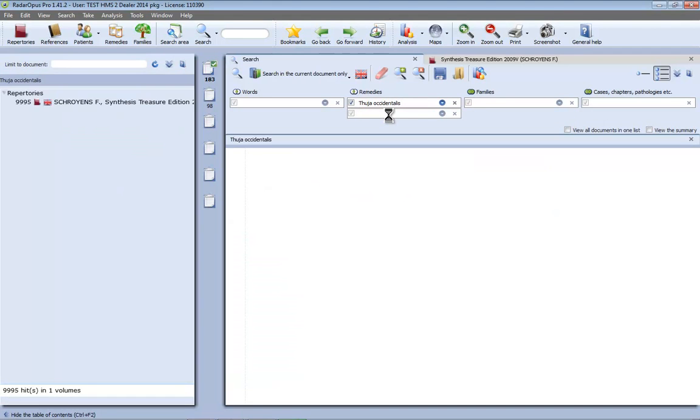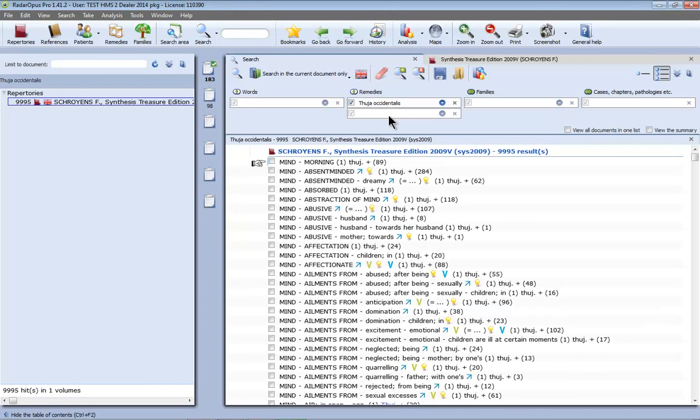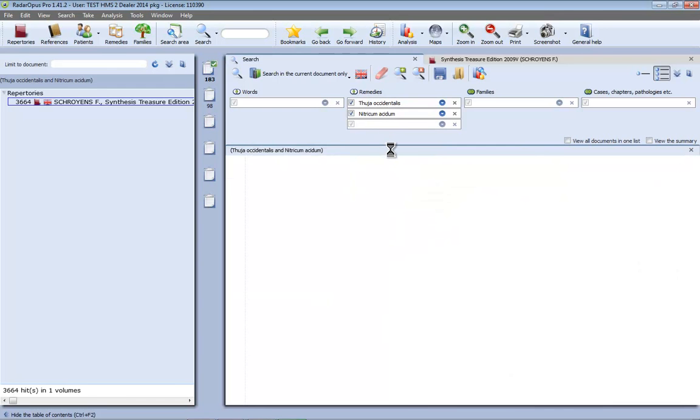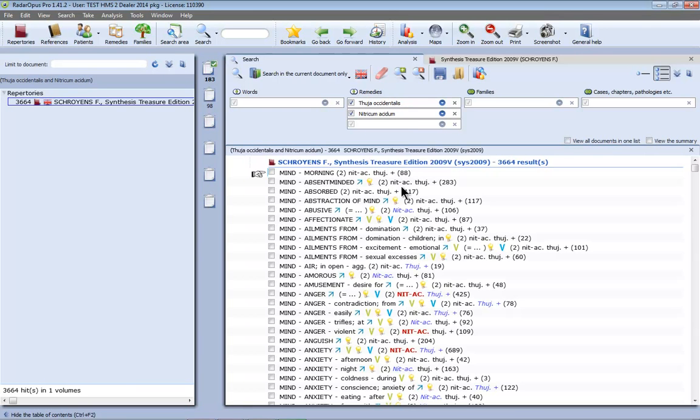and if I just press enter, it immediately does a repertory extraction, a repertory search, and I got here all rubrics where Thuja is present, and I have here 9,995. If I add here the remedy Nitricum acidum, and I do enter and again enter, I now do a search for all rubrics where both are present. So you see I have now only